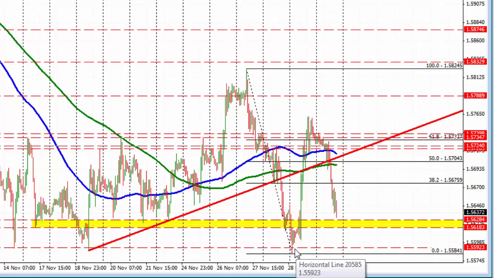In addition to that, we also have this triple bottom right here. We had a low here, we had a lower low here by about 3 or 4 pips, and we had a lower low yesterday about 3 or 4 pips below this low right here. So we keep on making new lows by just a little bit, and that is not good to see, because we get these rebounds back to the upside. In yesterday's trade, we saw a big huge move to the upside off of that,